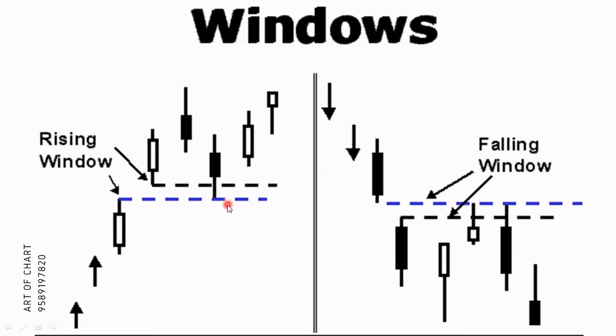I am not talking about ticks. So suppose if there is a tick below and then it closed above this gap, it is not a stop loss which has triggered. So you have to wait for the closing prices, whether that candle is getting closed below this gap or not. If the candle is getting closed below this gap, then we will say that this gap is not relevant anymore. But several times for intraday opportunities, you will see this pattern working.